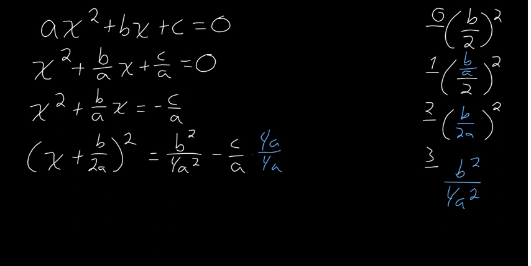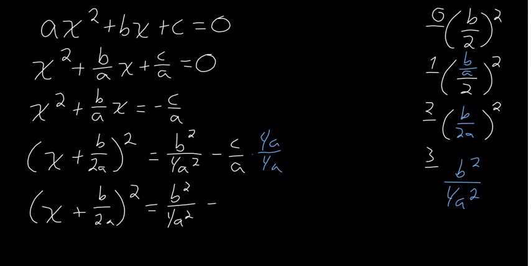So let's do this: x plus b over 2a quantity squared is going to be equal to b squared over 4a squared, and then we're going to have a minus, and then this turns into a 4ac all over 4a squared. Let's snip this, put this on the next page,